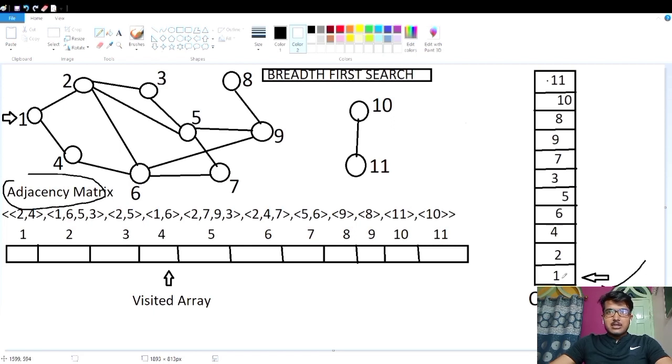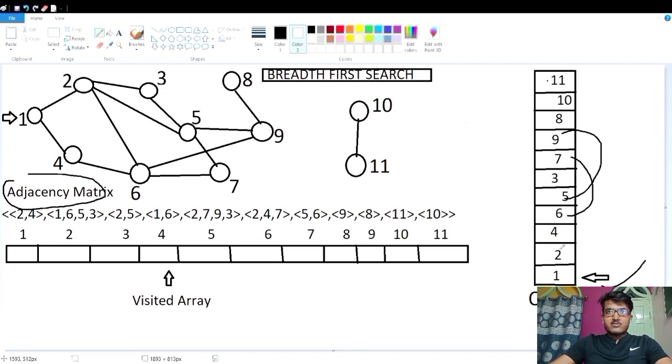For 1 2 4: 1 has 2 successor nodes, 2 and 4. 2 has 3 successor nodes, that is 6, 5, 3. 4 has 1 successor node, 6, already there. 6 has 1 successor node, 7. 5 has 9, and 5 also has 7, already there, and 3 and 2, already there.